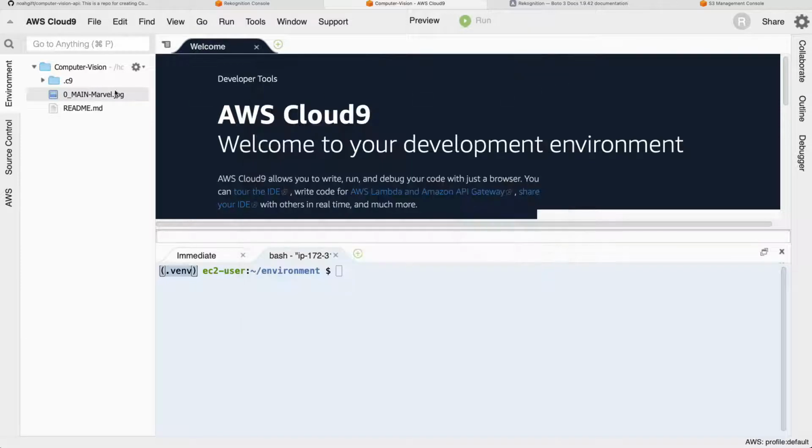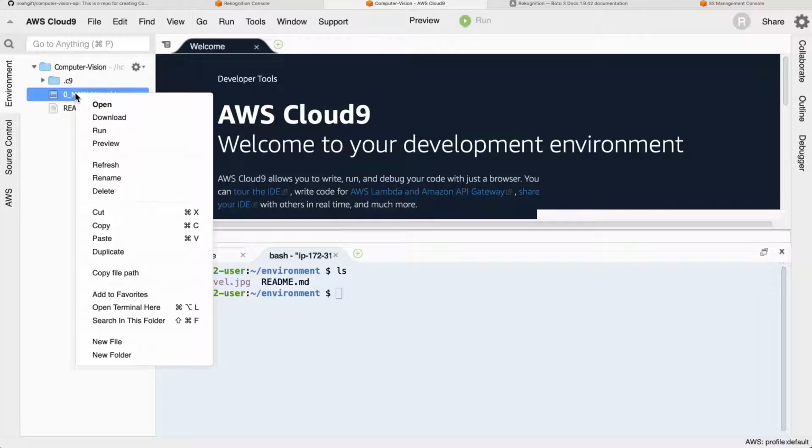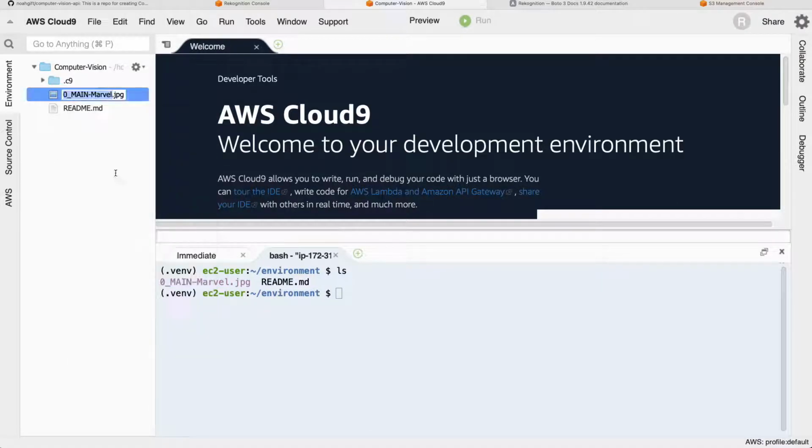And then now that it's in my environment, notice if I do an ls, see it's in the same directory. And then I even can right click. I don't even have to use a terminal now. I can just click rename, and we can just call this maybe Marvel. So from a cloud